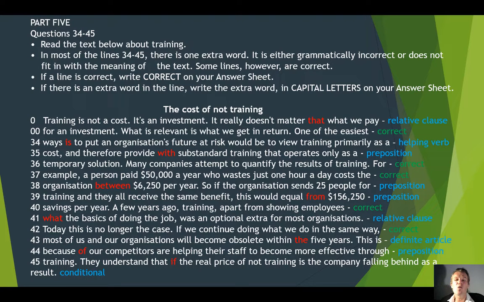And then finally, 45, we have if, so conditional. And as I said, with a conditional, always check for 2 clauses. And in this case, that takes on the 2 clauses. If is wrong. Okay, so I hope that helps. There's plenty more of these exercises to do with keywords, which I've put up as PDFs.